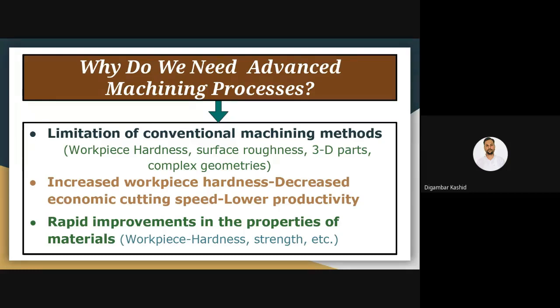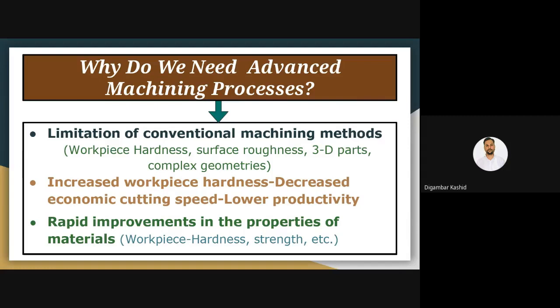There are various components, just like I have given the example of the turbine blade, which here I have mentioned as 3D parts. This is another example. 3D parts are used in a machine, and also in a system. So the question again arises: how to make such a 3D component? It is very difficult to make a 3D component by using our traditional or conventional machining methods, because